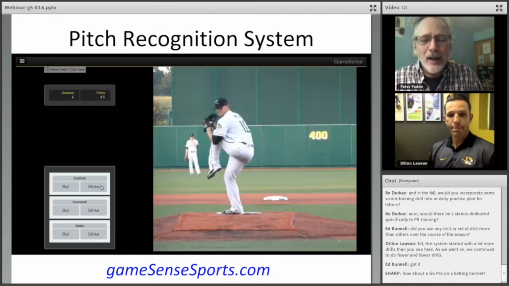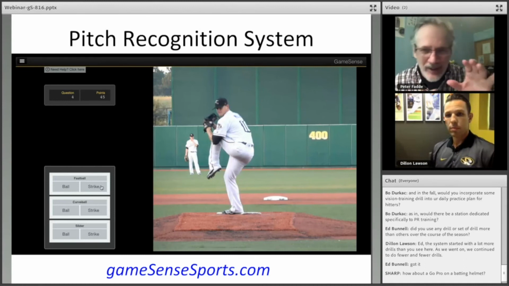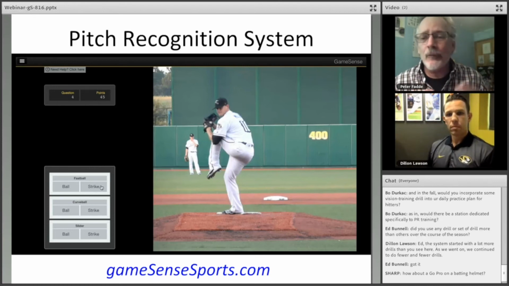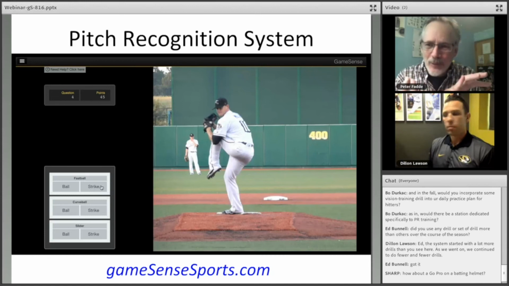Yeah, well, one of the questions is about the camera angles that are used, and there's a whole bunch of questions about this. And so, Sharp, what I'll do is I'm going to reference you to the GameSense website, and I don't know exactly where you'd poke around for a little bit, but we have an FAQ, frequently asked questions, and so things like, why do you use the camera angle that you're doing, and you'll see some pitchers who are flipped.